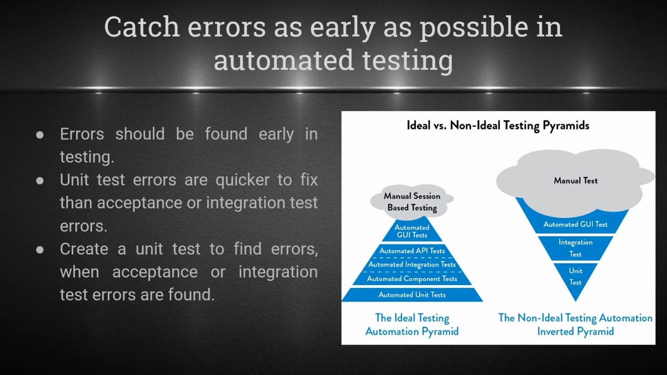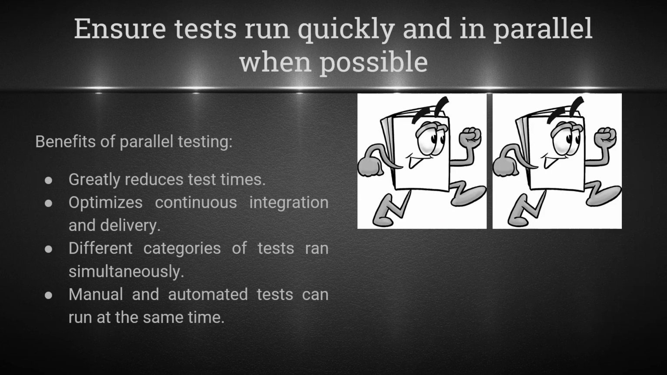When we find errors during acceptance or integration tests, we should create a unit test to find the error. This will take less time and make it easier to fix the error. Our ideal testing pyramid will have most of our errors found during unit tests, with fewer errors found during acceptance testing and the least found during integration testing. On our next slide,